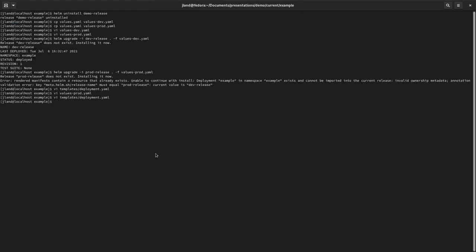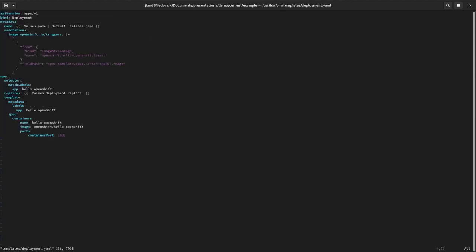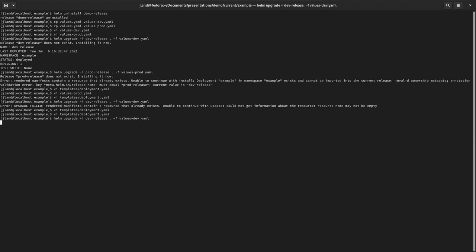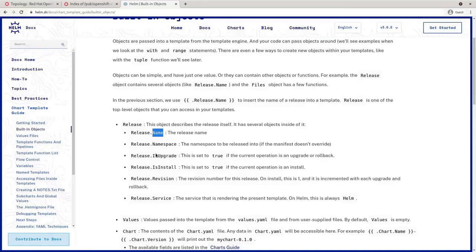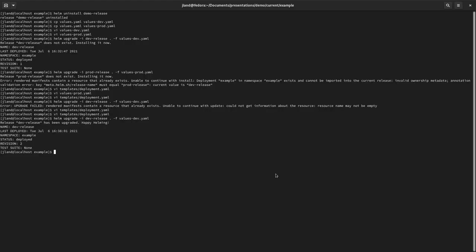And in that case, we should be able to do an upgrade of our development chart. So our dev release will do an upgrade, the exact same command that we put in before. Minor typo here. The name here should be capitalized. But we'll do an upgrade of that release that we had before, and we can see now we're on revision 2 of the release. And if we look back at our topology chart, you can see our deployment is now named dev release and not example as it was before. And what this means is we now should be able to do